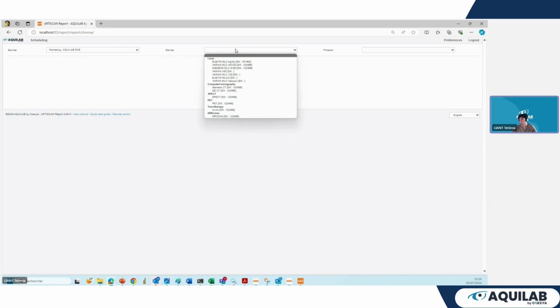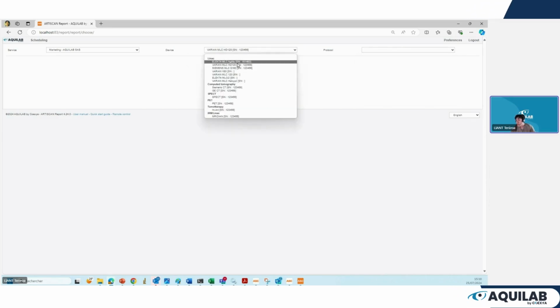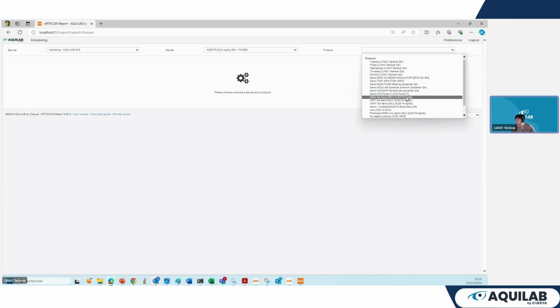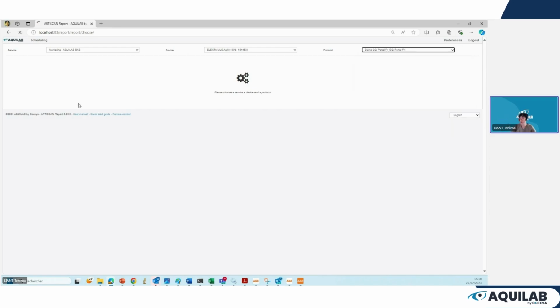On the web reports, I have an overview of all the machines by selecting my machines and what protocols I need to check. So for example, I will select that one.